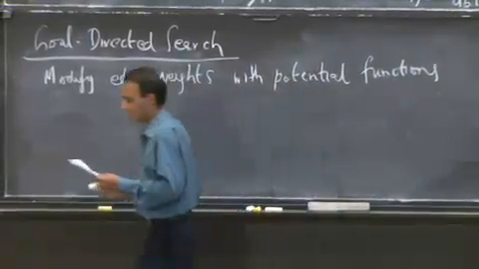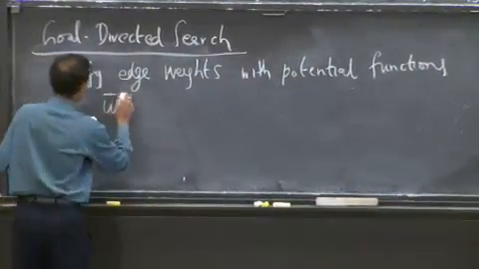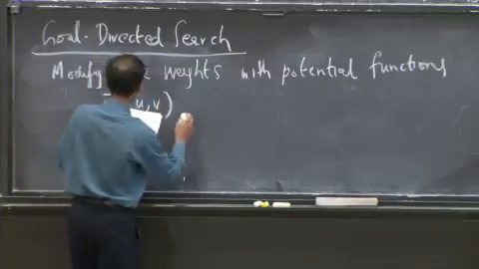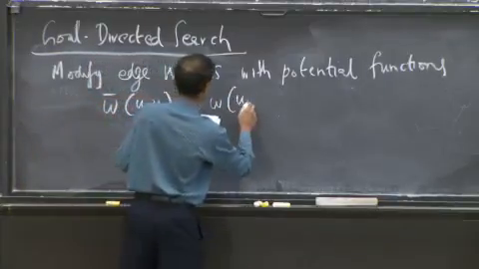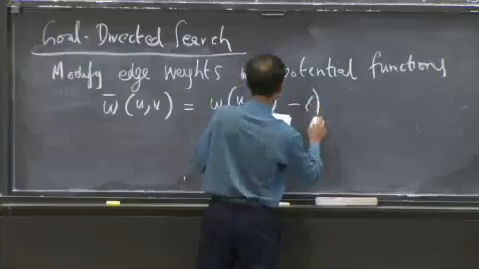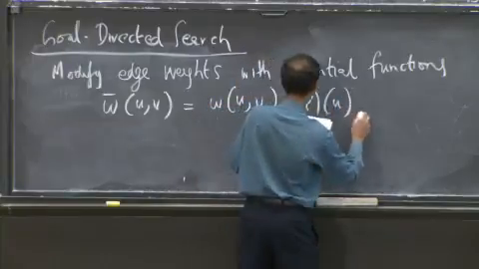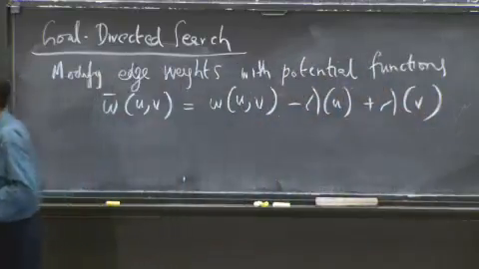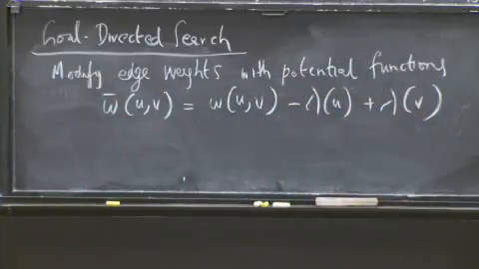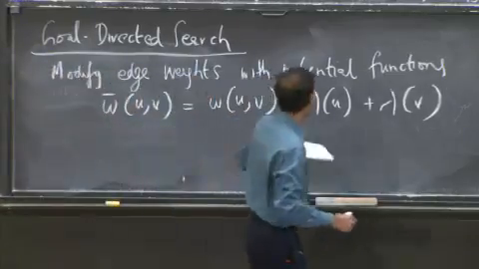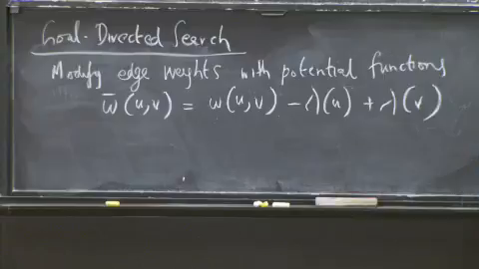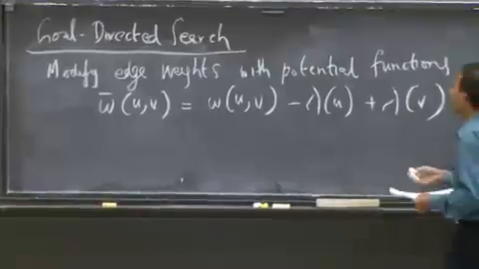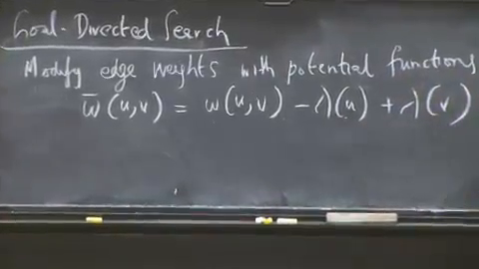Okay. So we're going to modify the edge weights, and we have to be careful when we do this, obviously. We don't want to do things that are incorrect. But the way we're going to modify the edge weights is by having some sort of potential function that corresponds to lambda. And if the edge is between u and v, then given a lambda, the new w bar is w_uv minus lambda_u plus lambda_v.